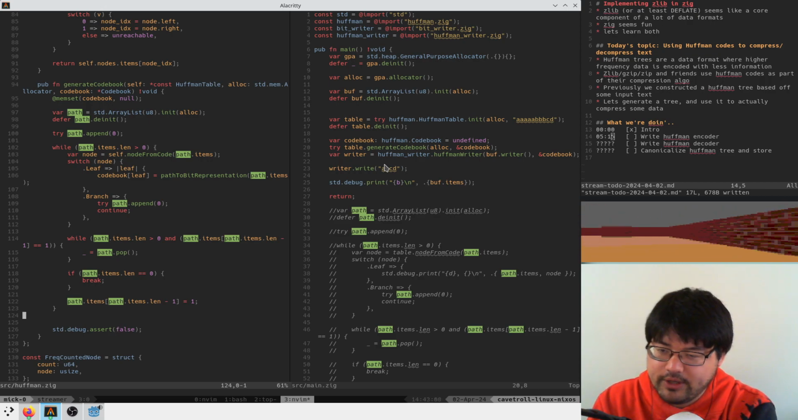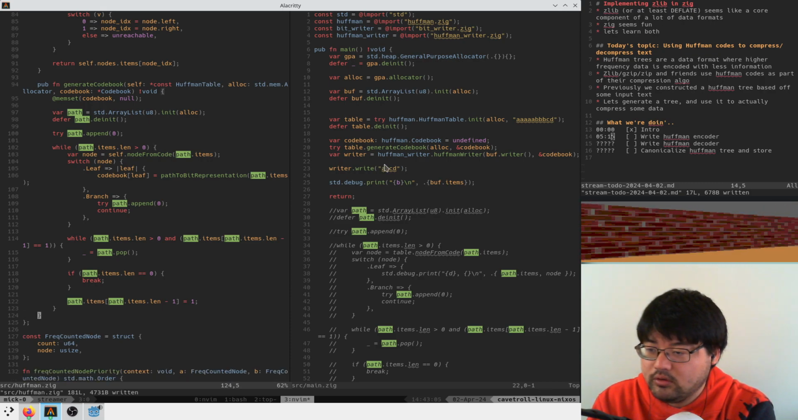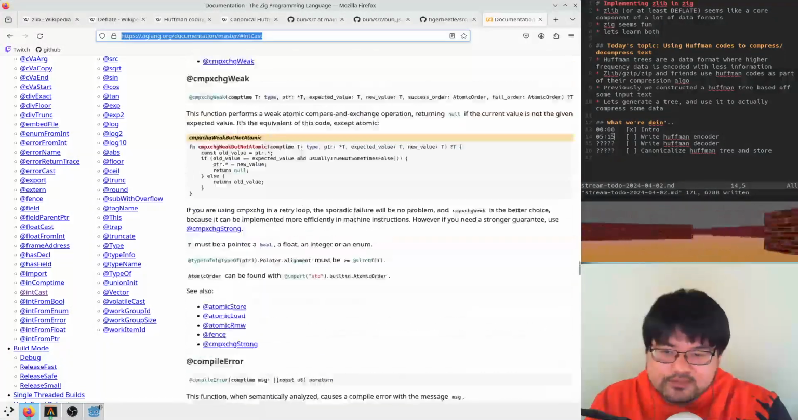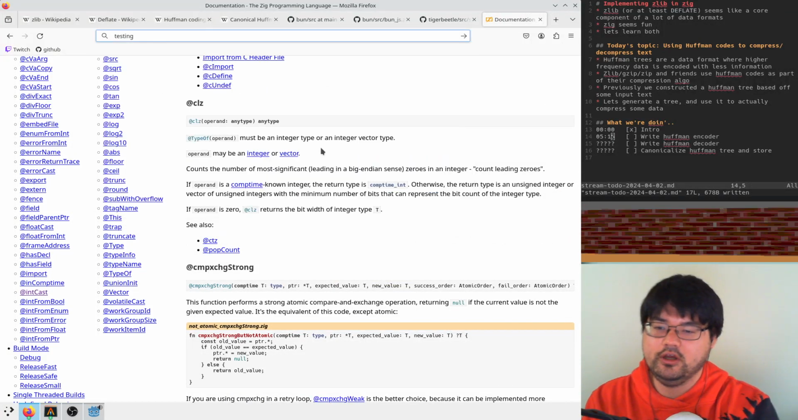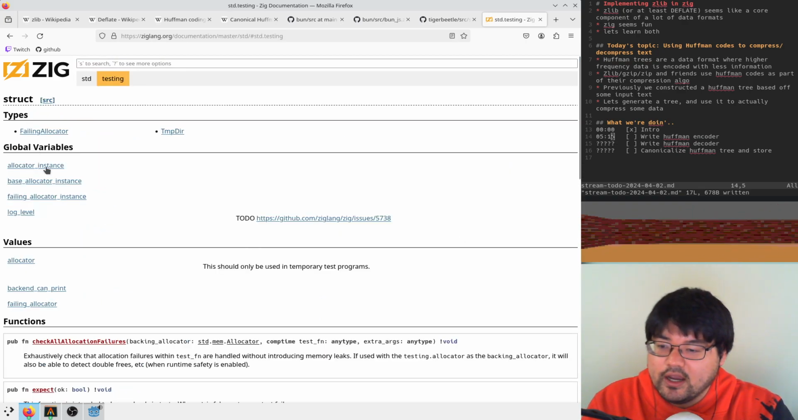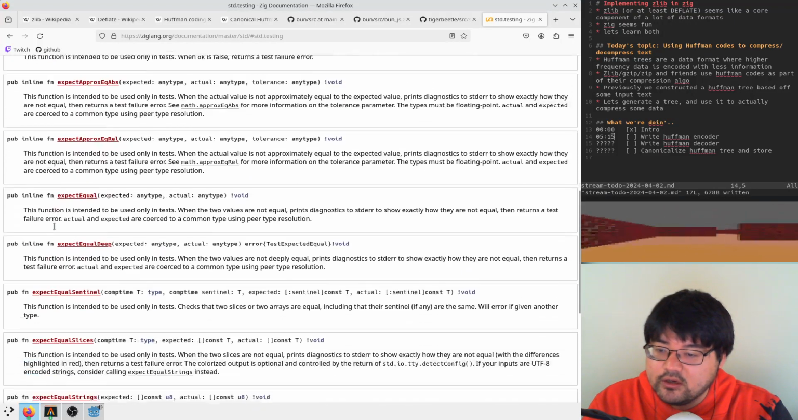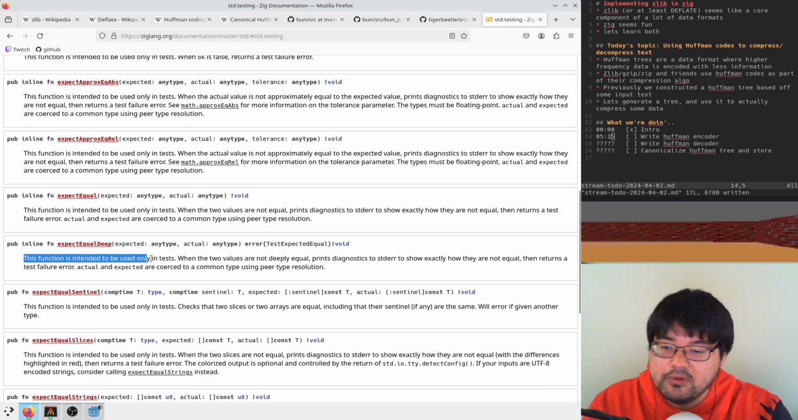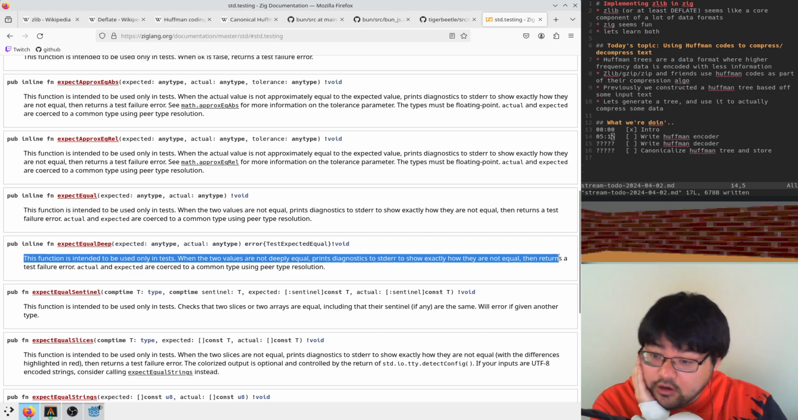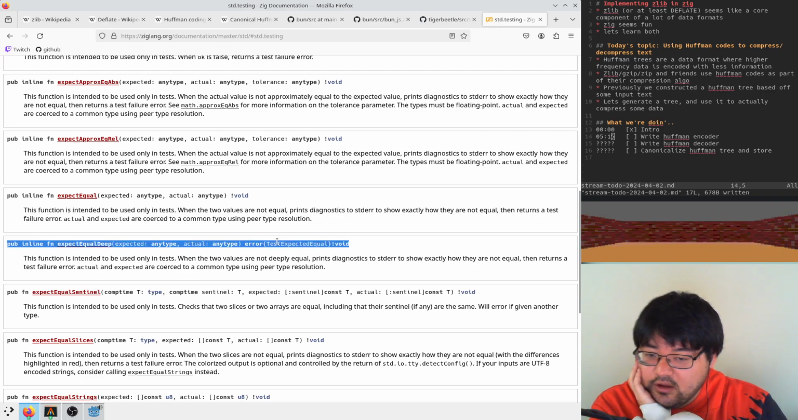So we probably have a codebook here. Yeah, you want me to use expect equal deep? Where's the standard library docs? Here. Testing. This function is intended to be used only in tests. When the two values are not deeply equal, it prints diagnostics to stderr to show exactly how they are not equal and returns a test failure. So I guess the idea here is that